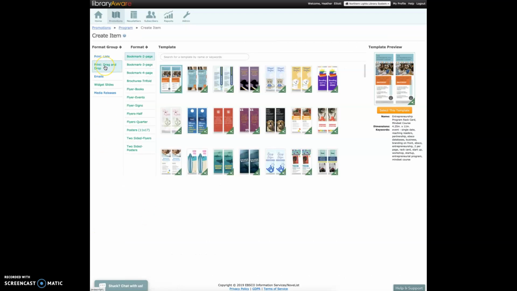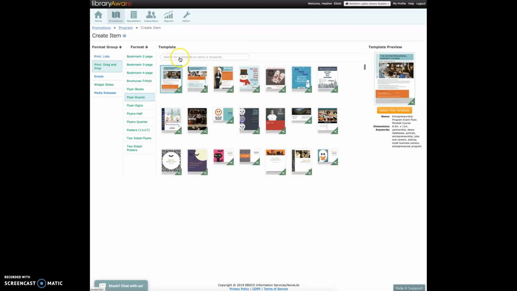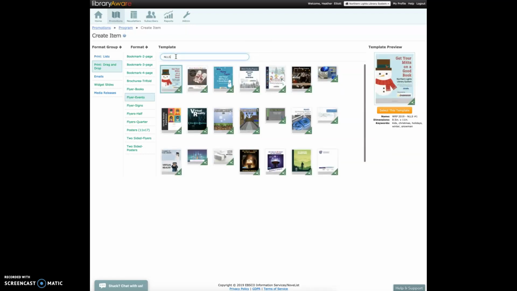and it's in the print drag and drop under flyers events. And then in the search bubble, you type in NLLS, and there's your posters. So you click whichever poster you're looking for,